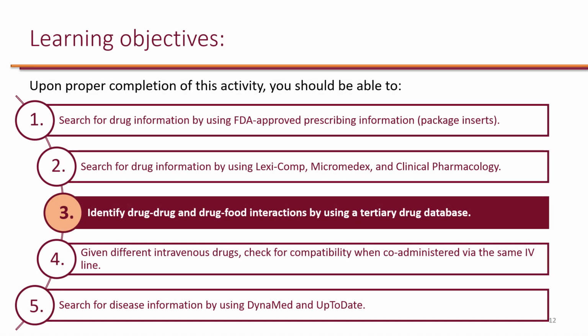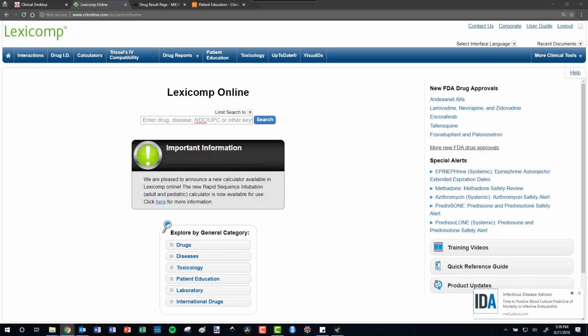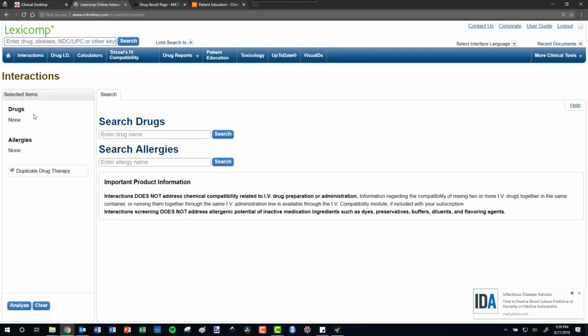We search for drug information using package inserts, Lexicomp, Micromedex, and Clinical Pharmacology. Now, let's identify drug-drug and drug-food interactions by using a tertiary drug database. Now on Lexicomp, if you click on interactions, it will take you to this page where you can search by